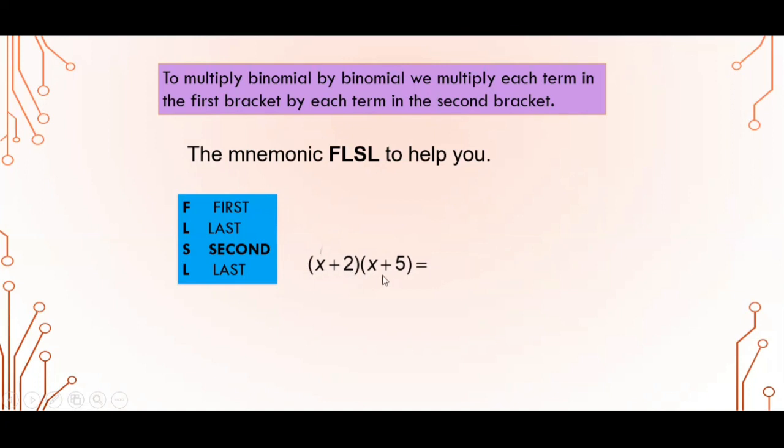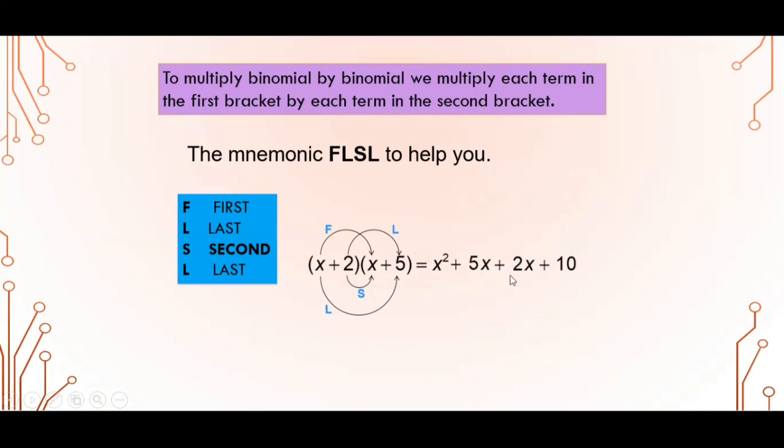So we multiply x by x, that is first by the first of the second binomial, and x into x we get as x square, right? Then we multiply x by 5, that is first and last, and x into 5 we get as 5x. Since there is a plus sign over there, we put plus in between. Then we multiply the inner ones, the second term of the first one by the first of the next one. So 2 into x, we get plus 2x. And then the last left is second and last. So 2 multiplied by 5, which we get as 10. Now we say the same polynomial we had taken over here.